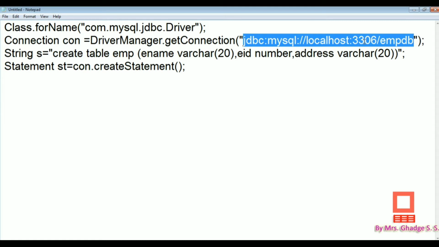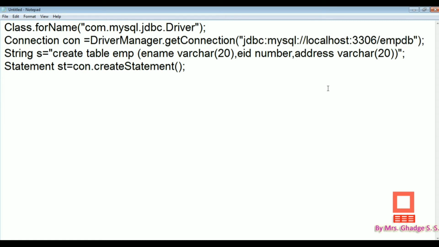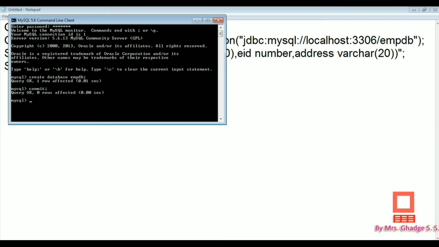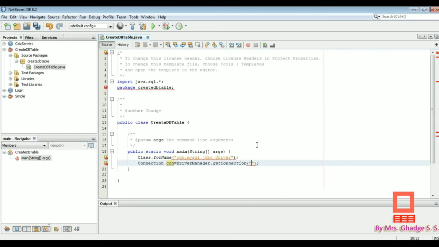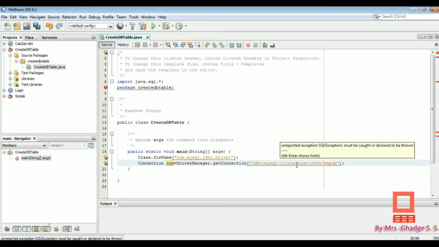We have already created this database empdb in MySQL, so we have to pass this path: jdbc:mysql://localhost:3306. This is the port number used by the MySQL server. So this is our first statement.